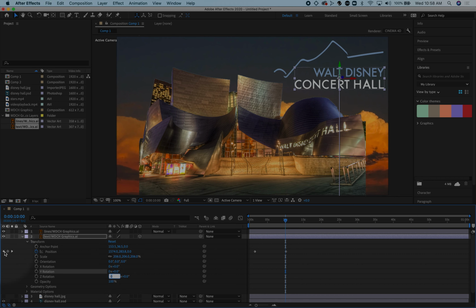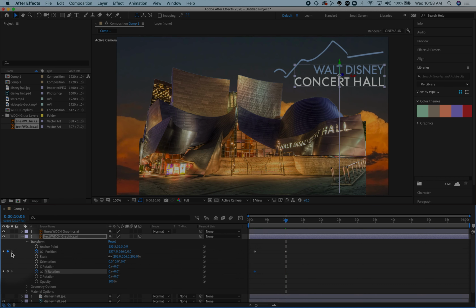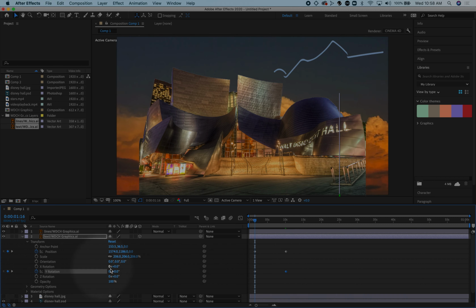I can go back to my original keyframe. I can add a keyframe at Y. I can go to my next keyframe, add a keyframe at Y, and I will go back to the first one and change this Y rotation. It's off the screen, but I can change it to about -80. And then now when I play this,